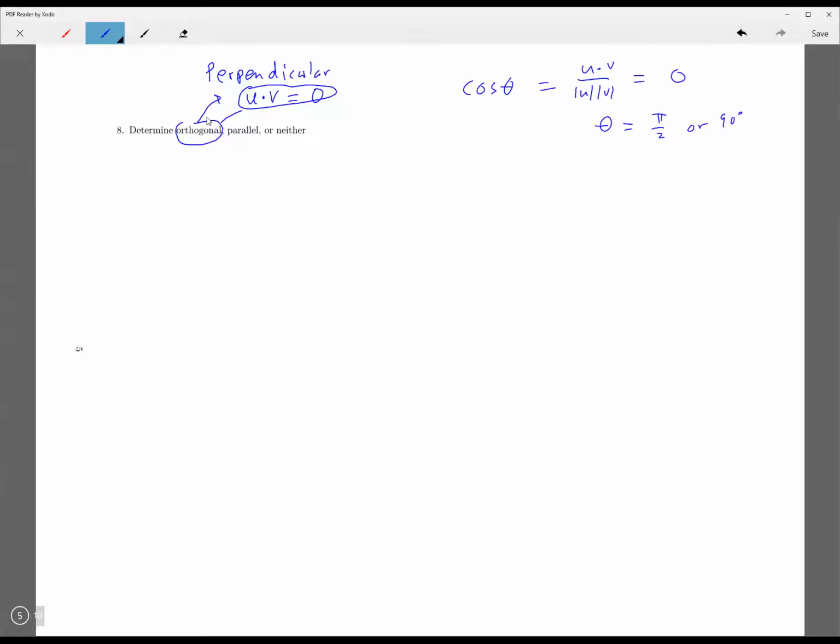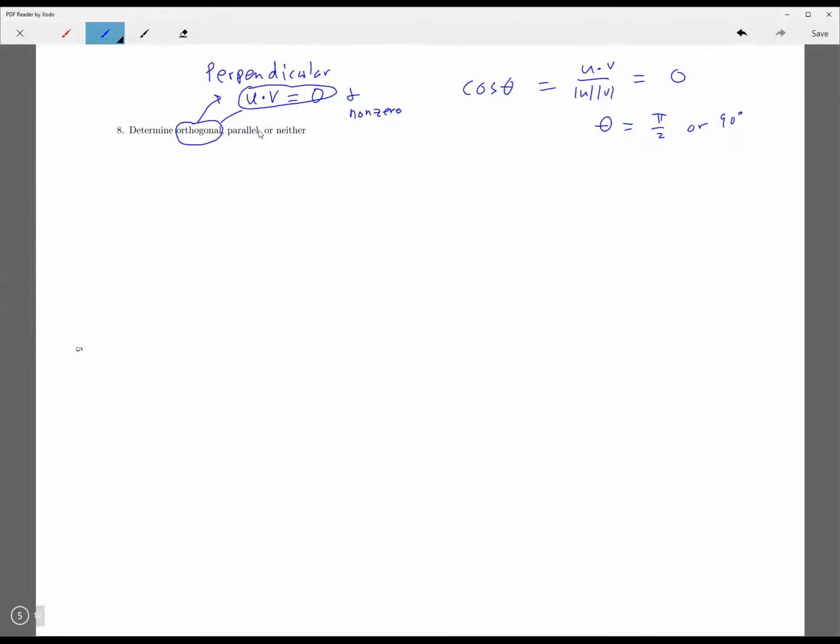But the other thing about orthogonal is both the vectors have to be non-zero. So each of these vectors cannot be the 0 vector, because that's just like cheating, because the dot product of the 0 vector with anything is just going to be 0. But you're not allowed to have the 0 vector be orthogonal. It has to be non-zero. Okay, and then